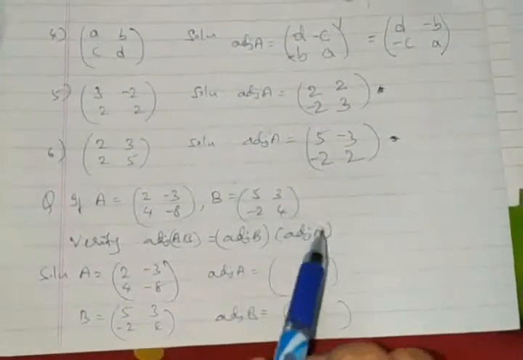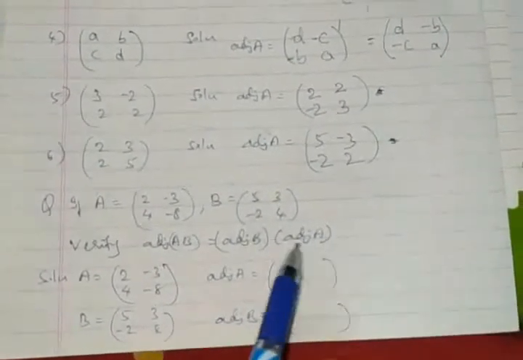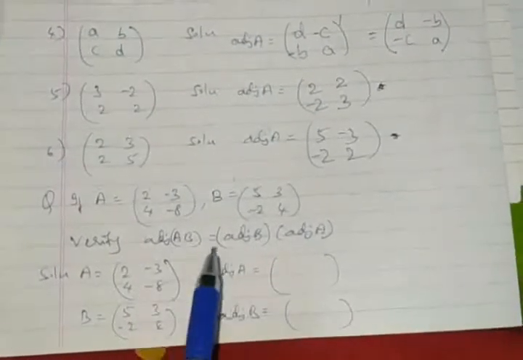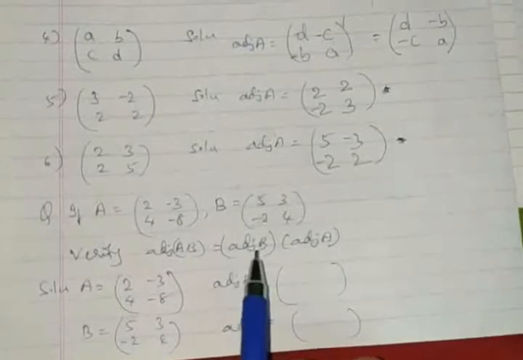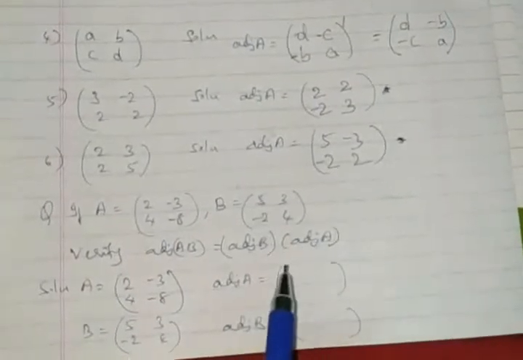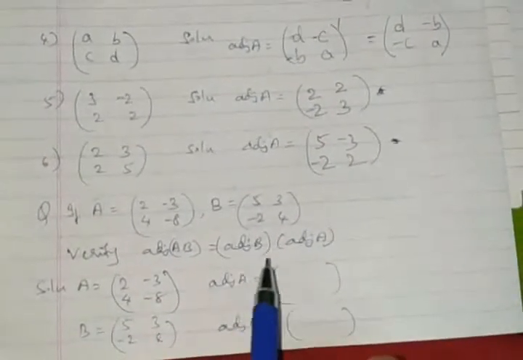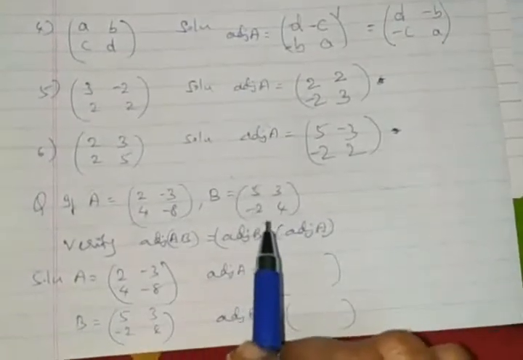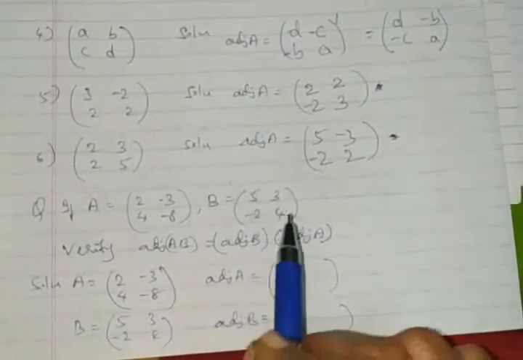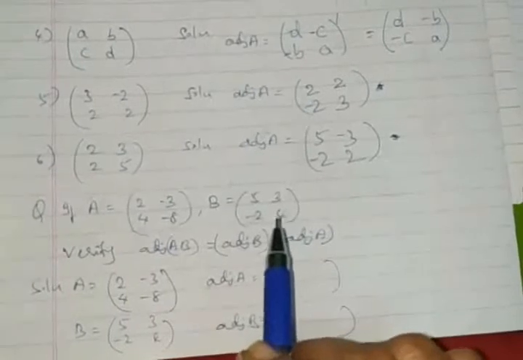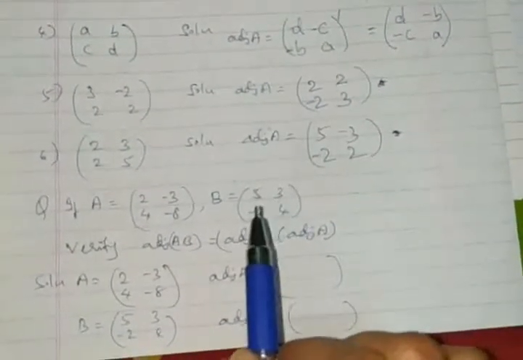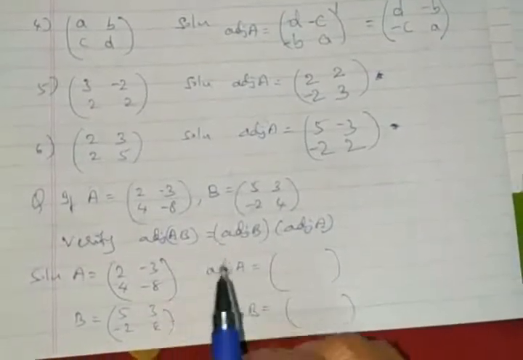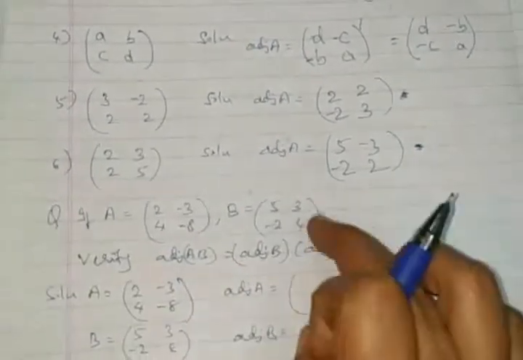See, this LHS should be equal to RHS. You will not be disproving it. Be careful about this. It's a property. And be careful, it's adjoint of B followed by A, the other way around, because in matrix multiplication the commutative property does not hold good, which people already did in the previous chapter. So be careful about this. You can't reverse it.